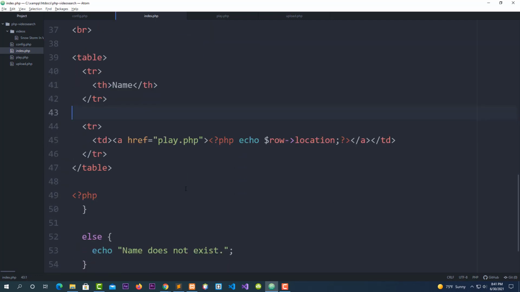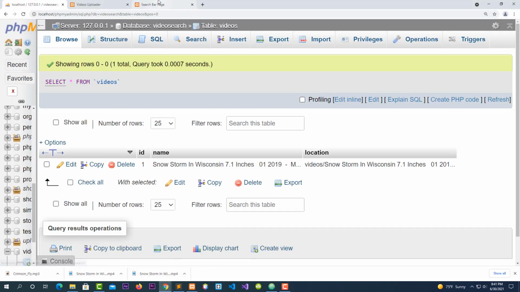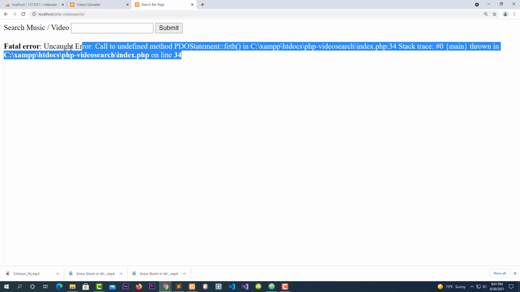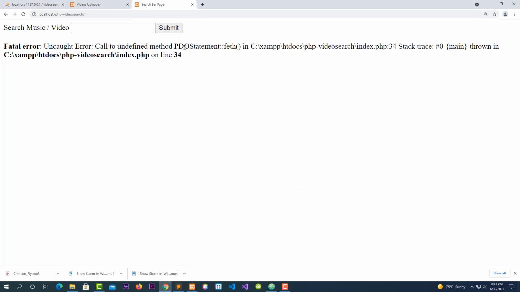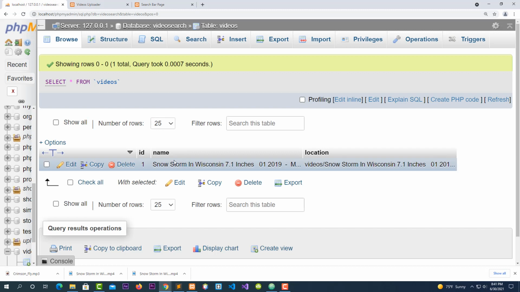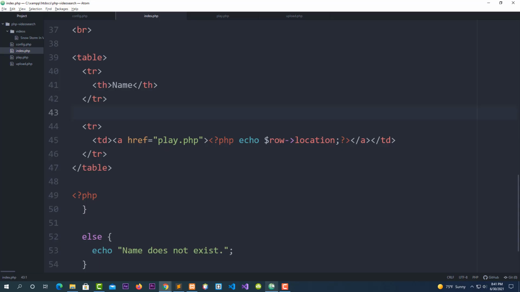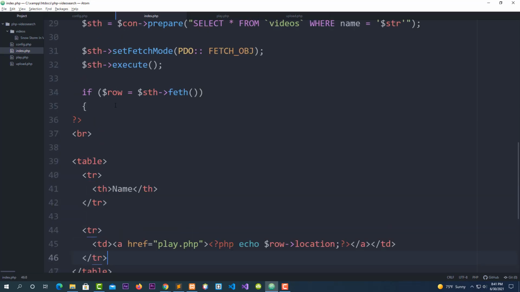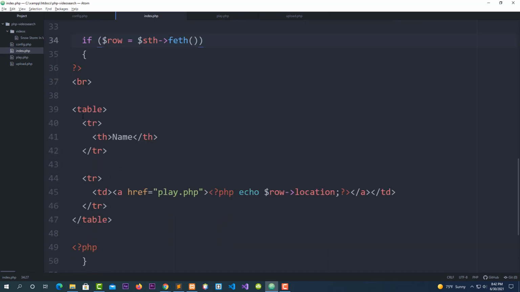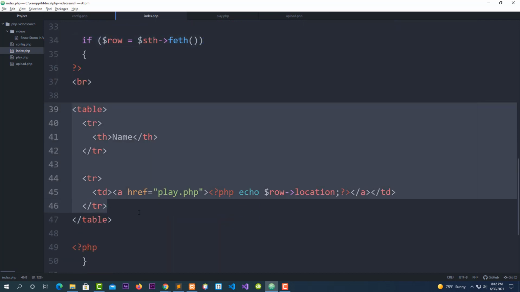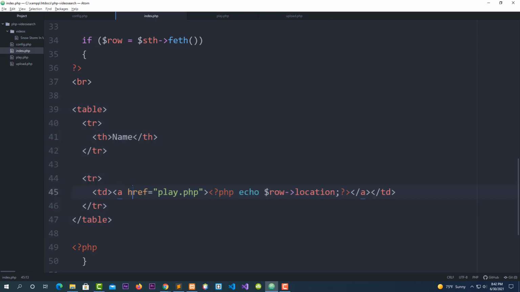Okay, I'm trying to figure it out, guys, what the error is. Call to undefined post, but we have the video inside of our database. Okay, I use ID, name, location. Let's go back to our code. Okay, when it says line 34 here, when you say search equal fetch to search everything inside of our table, our error message should be